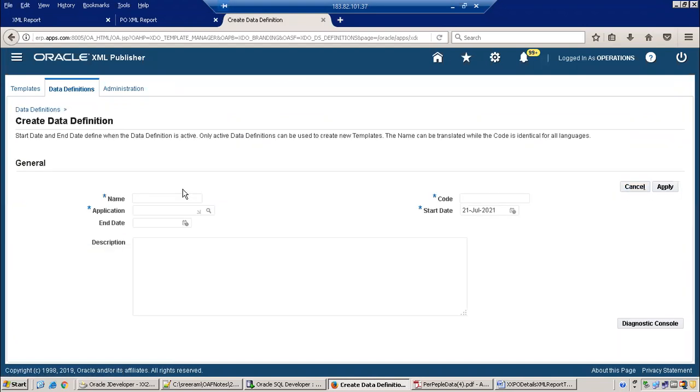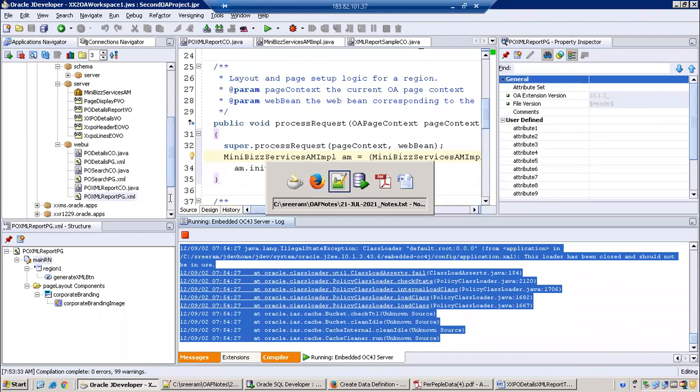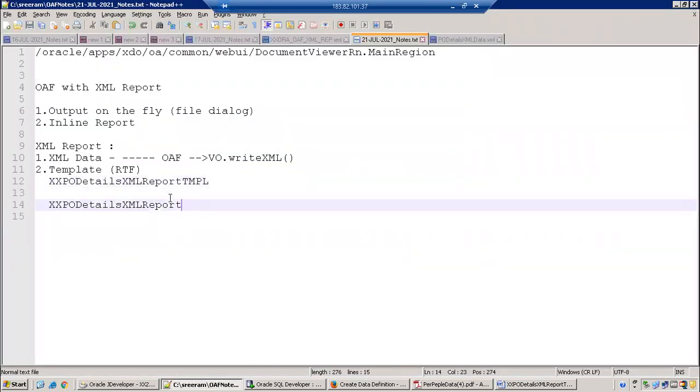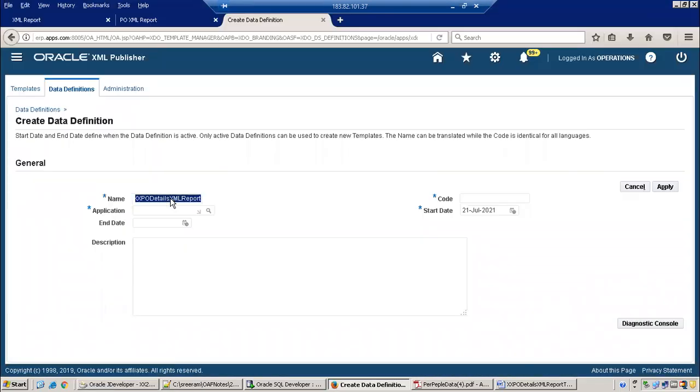Okay, so I'll create a data definition. So I'll just go with these names. Okay, this is my data definition. Application, I'll select.